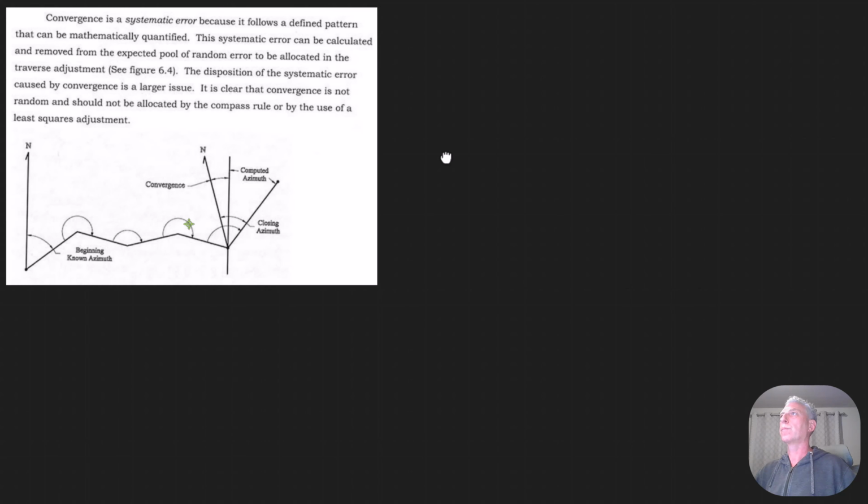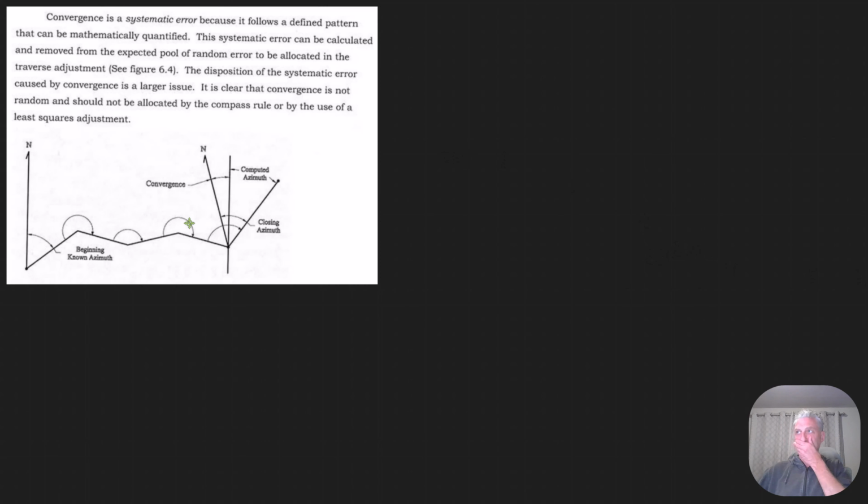We're going to look at a traverse. And before we look at a traverse, I'm going to bring in another diagram to talk about it a little bit. So here we have a traverse, and we have our grid north, and then our computed azimuth at the end. And this says convergence is a systematic error because it follows a defined pattern that can be mathematically quantified. So since this is a systematic error, it can be calculated and removed before we perform any kind of an